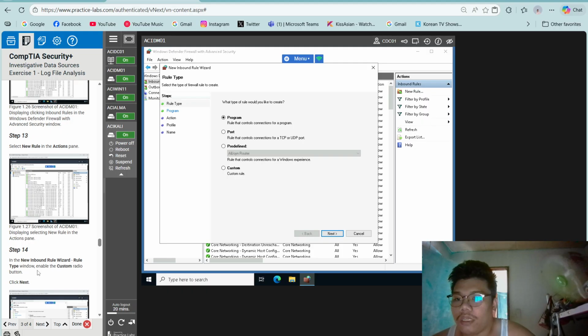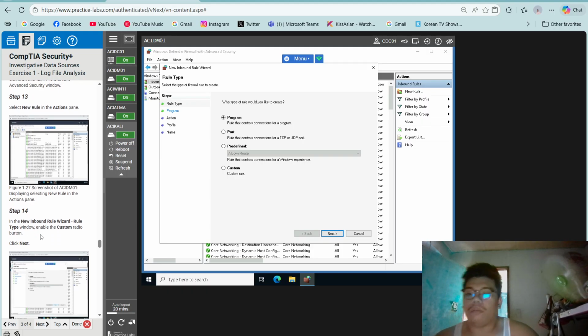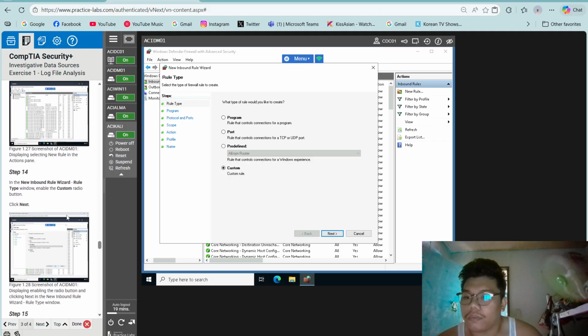Then step 14, in the new inbound rule wizard, on the rule type window, enable the custom radio button.